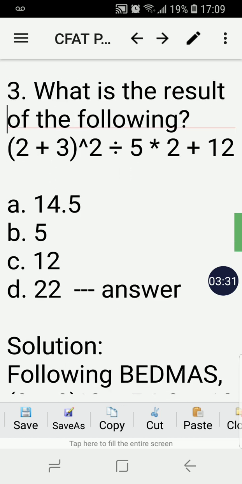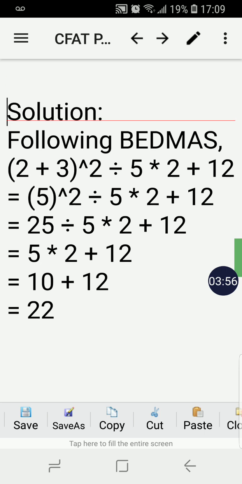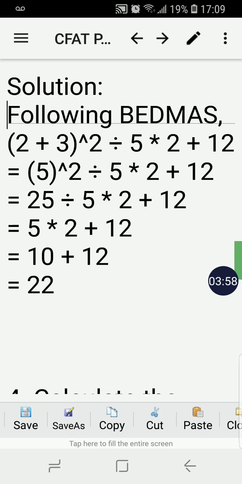Okay, number 3. What is the result of the following? 2 plus 3 raised to the power of 2 divided by 5 times 2 plus 12. So here are the choices, and the correct answer is 22, letter D. And the solution is, we follow BEDMAS,